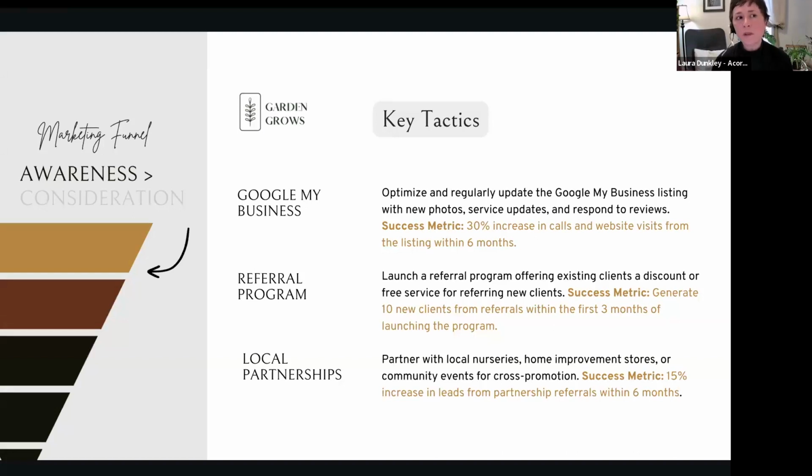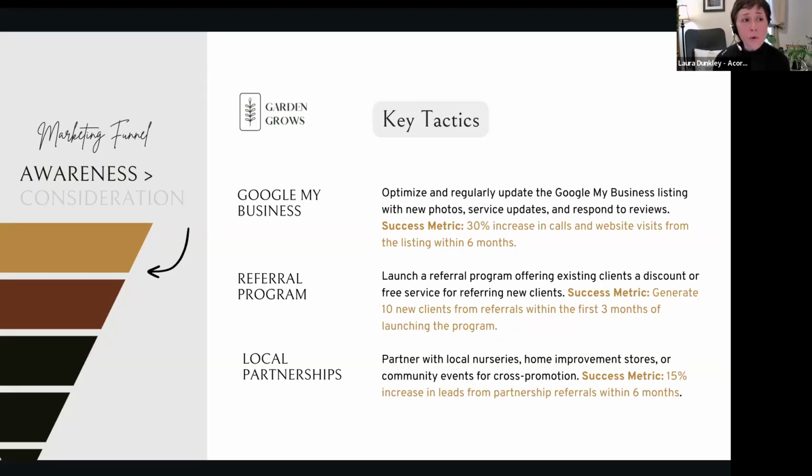And here are some key tactics. So you have goals. We talked about some of the tactics, but let's get down into specifics, because you need to think about what you want to do to achieve those goals. We have to lay them out in our marketing plan, right? Google My Business, Google Business Profile, whatever it's called these days. So basically, we're going to leverage this. Remember, it's a local business. Local search is really, really important. So Google Business Profile, that's where they're going to get reviews and things like that. So we definitely want to optimize and update that regularly.